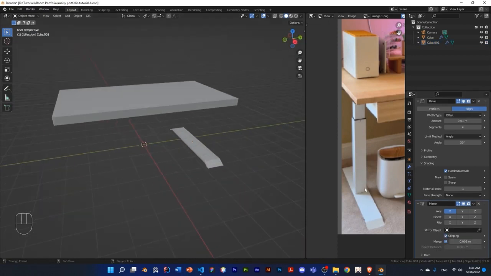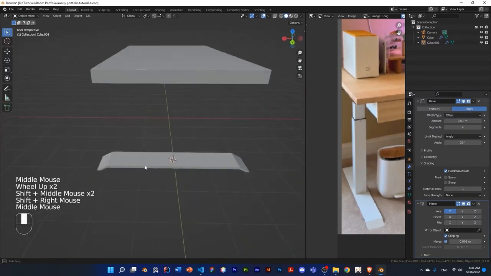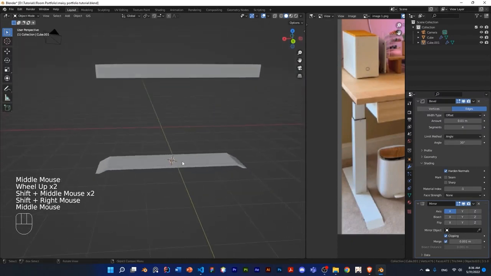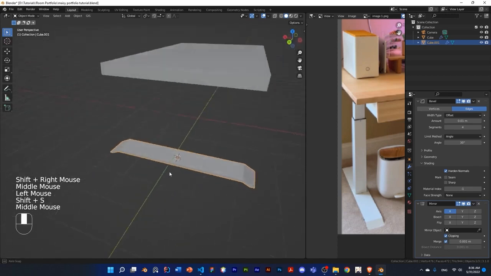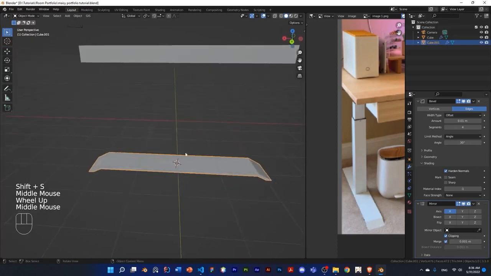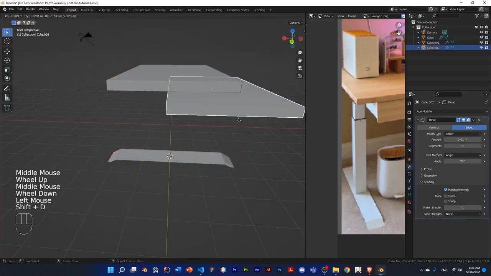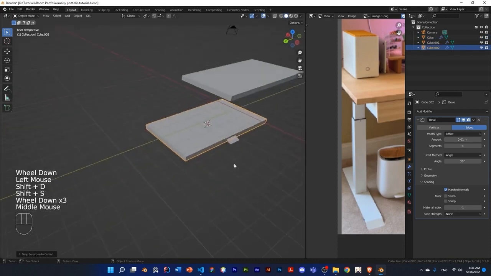Okay, now let's start making this leg here. So I'm just gonna shift right click. Actually, I'll select this, Shift S, and cursor to selection. And that'll put our cursor on the origin point, and I think that's in the center. And then I'm gonna Shift D this one, and then Shift S and selection to cursor. And then I'll just scale it